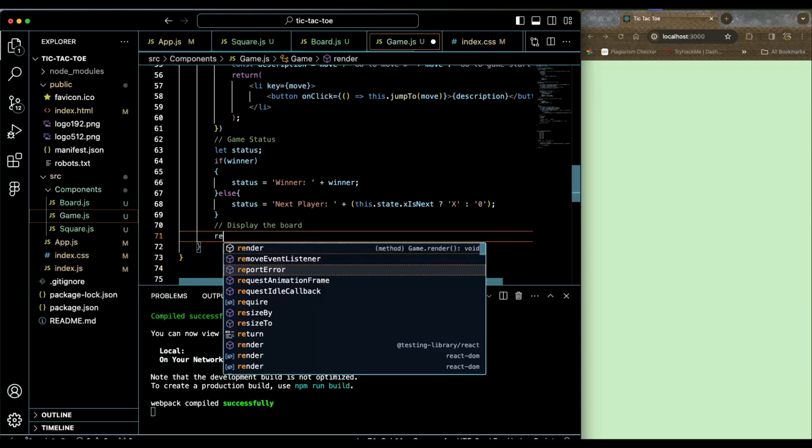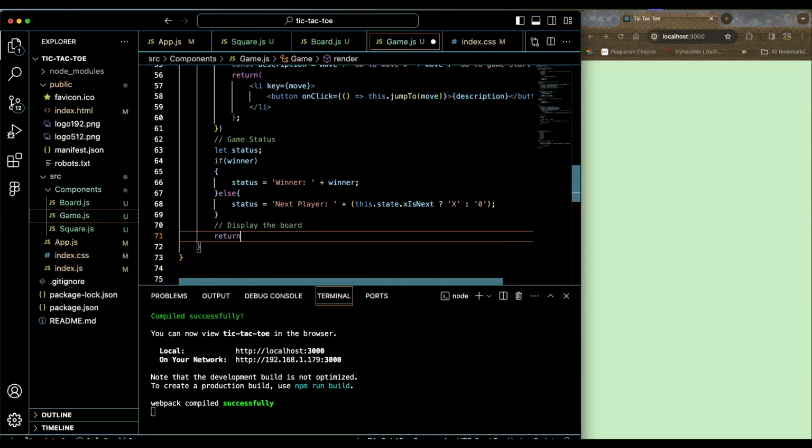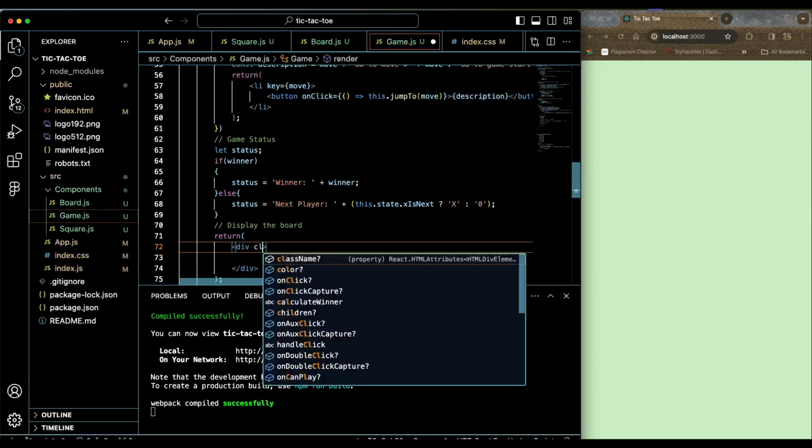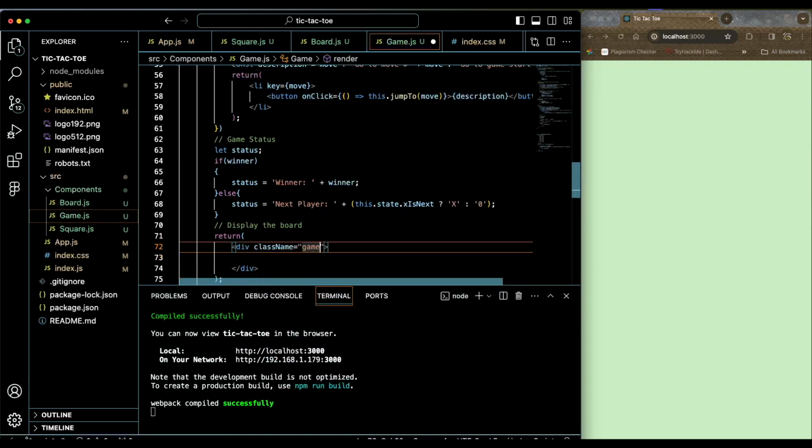It's gonna be return a div. This div is gonna be className game. This is gonna apply the CSS that we wrote at the beginning of the video. This div is given the className of game-board,